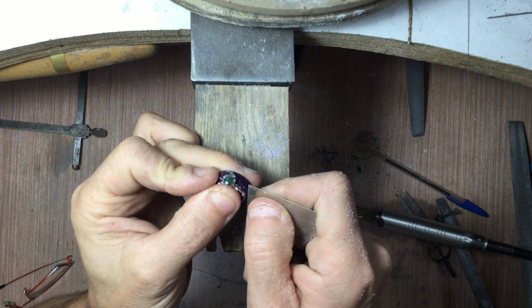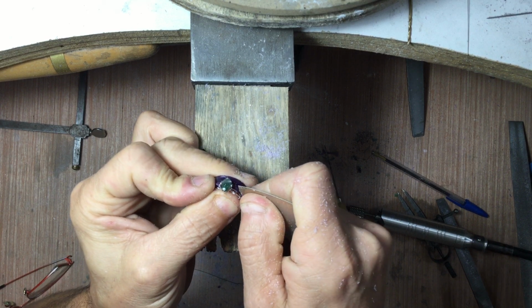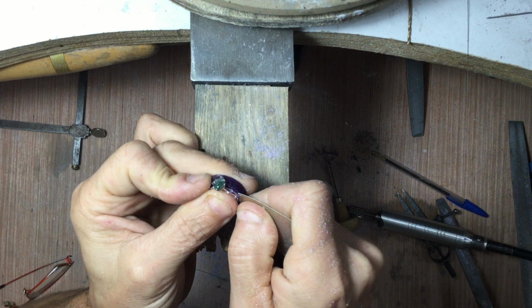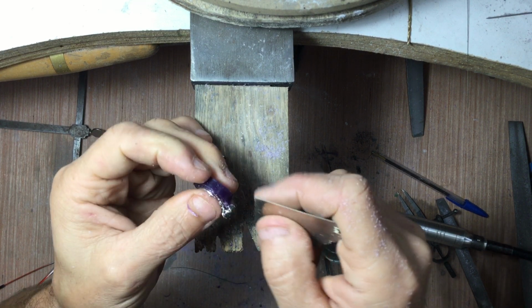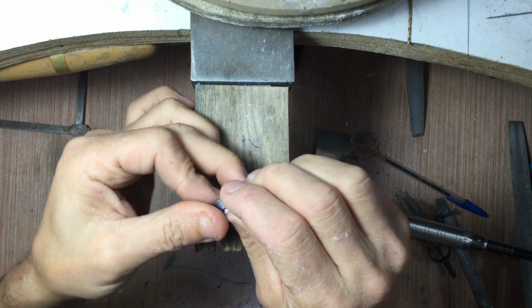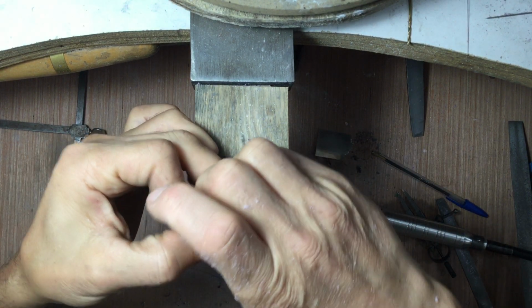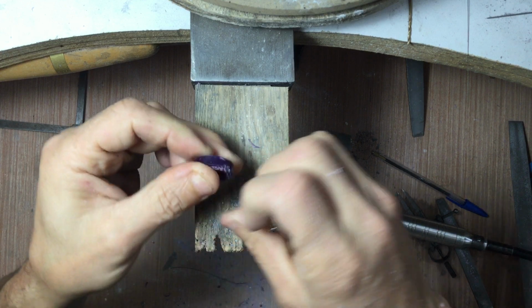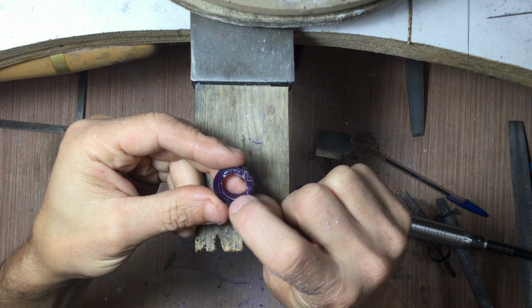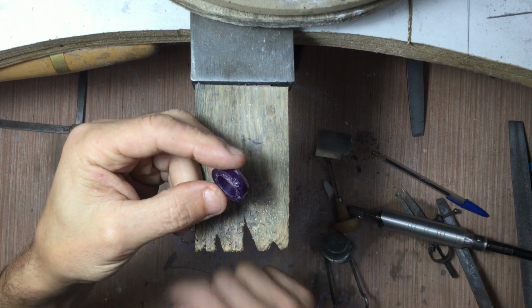because it has wax along the edge. Normally I'd use my scalpel for this, but I don't have that in front of me, so just using this piece of silver to remove some of the extra wax that's holding it in place. There we go. So now you can see that it's left a perfect impression of everything that's going on the